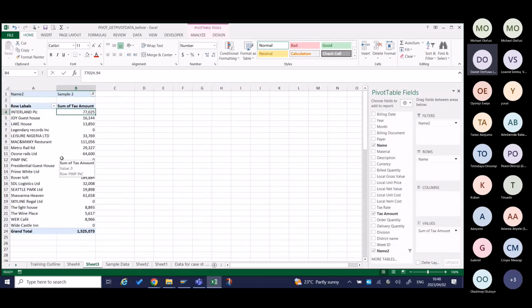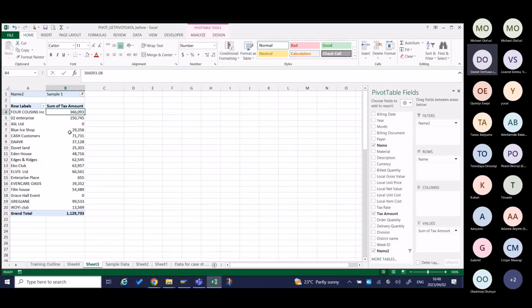Now, my boss has asked me that, as you have the breakdown for sample 1 and sample 2, give me the aggregate of each sample and print them out. That's a report alone. So what people will often do is, assuming you have maybe 20 samples, they will come here, filter, do sample 1, copy, maybe change the name of this to probably,